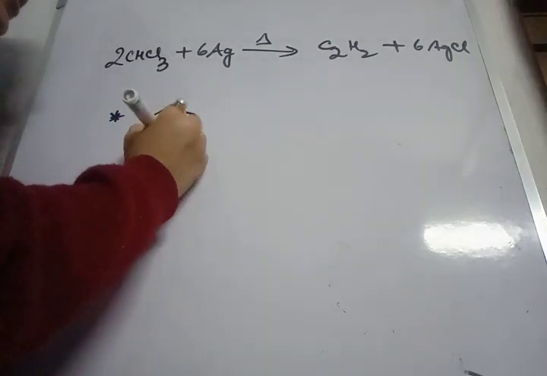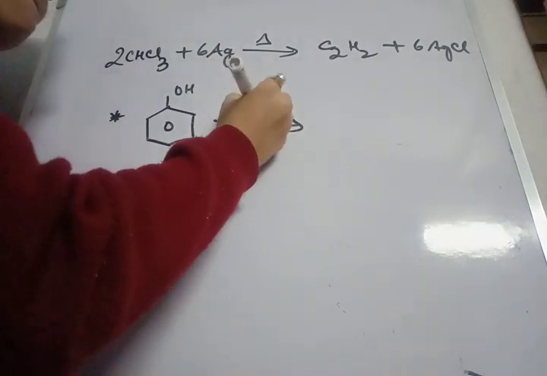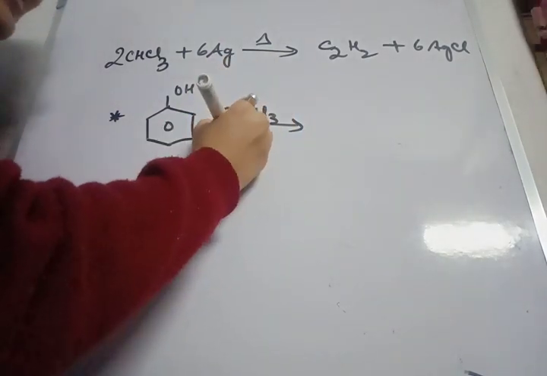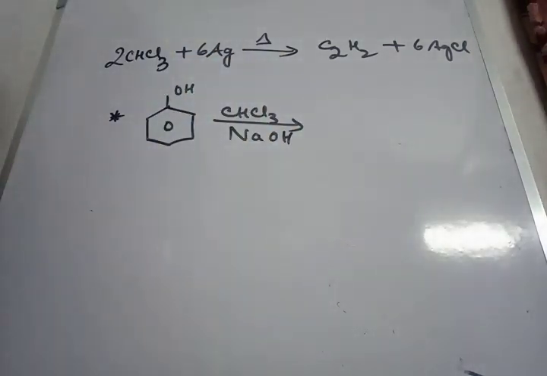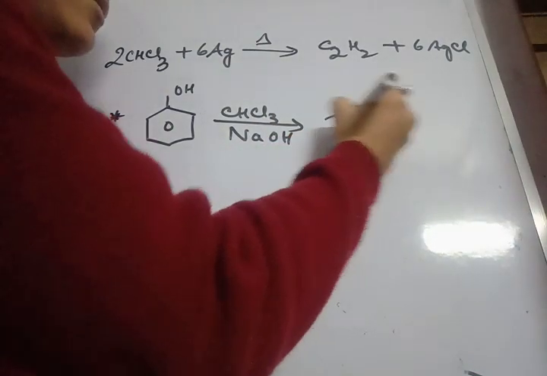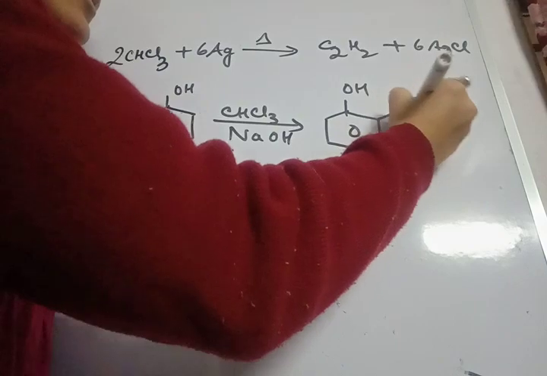Phenol when treated with chloroform and alkali. What is the product that is obtained? Temperature is 60 degrees centigrade. The product is salicylaldehyde,